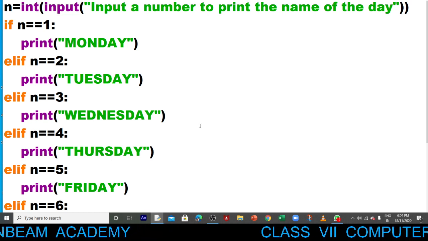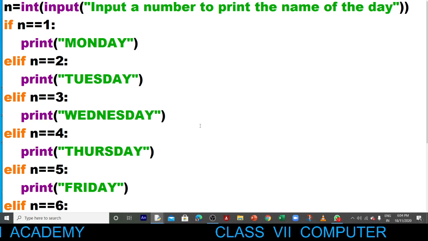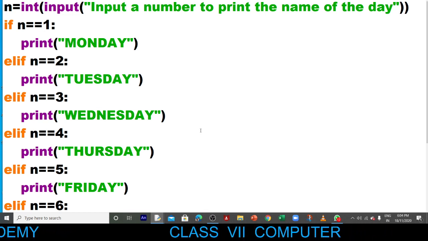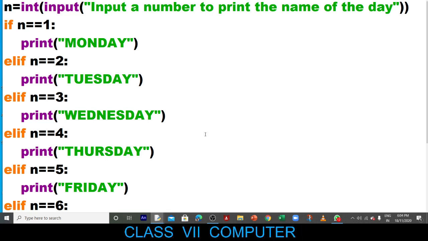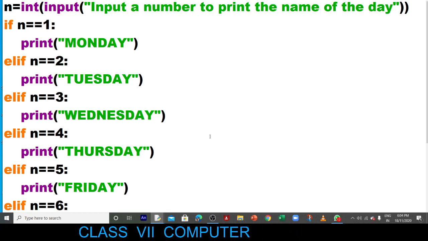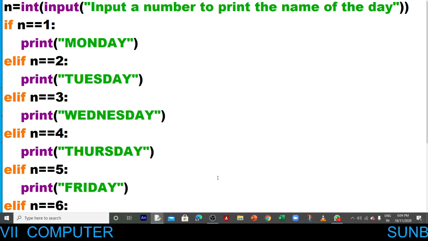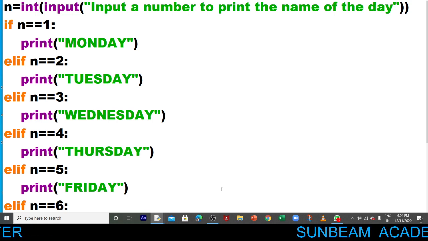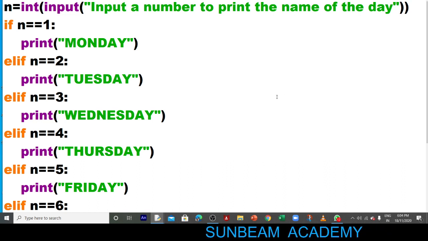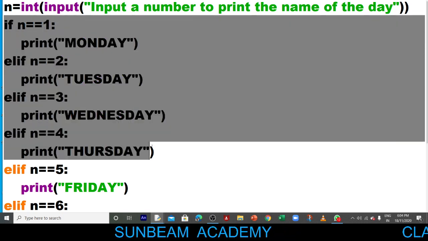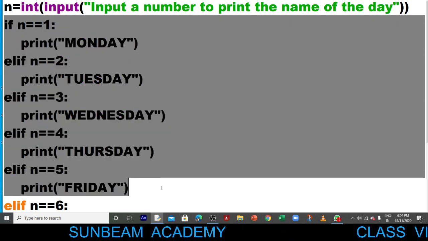ये तो हमने कर लिया है बेटा. Again, एज अगर आपका ग्रेटर देन लेस देन है, ऐसे है तो HRA ये मिलेगा, DA ये मिलेगा. So these are different condition on which something will be given. Like if your percentage is greater than 90, then your grade is A1. If your percentage is greater than 80 but less than 90, then your grade is A2. So in this way, multiple conditions are there which you can use in this by using this conditional statements. ये क्या है? These are conditional statements children.